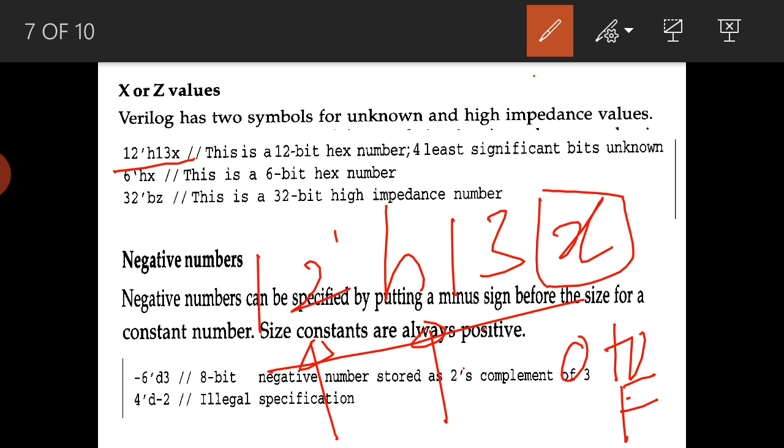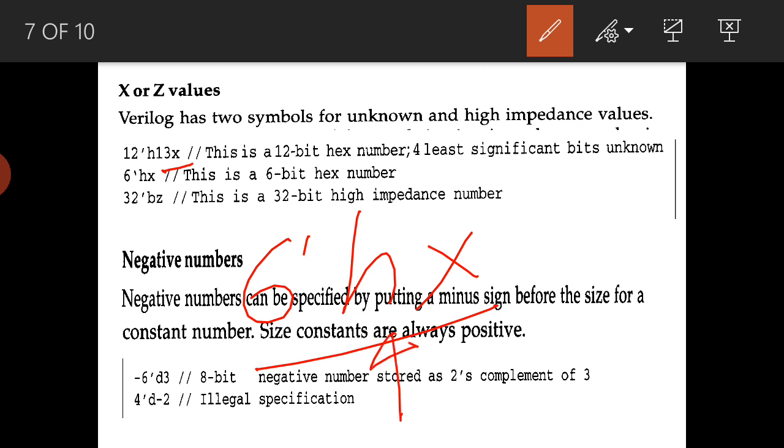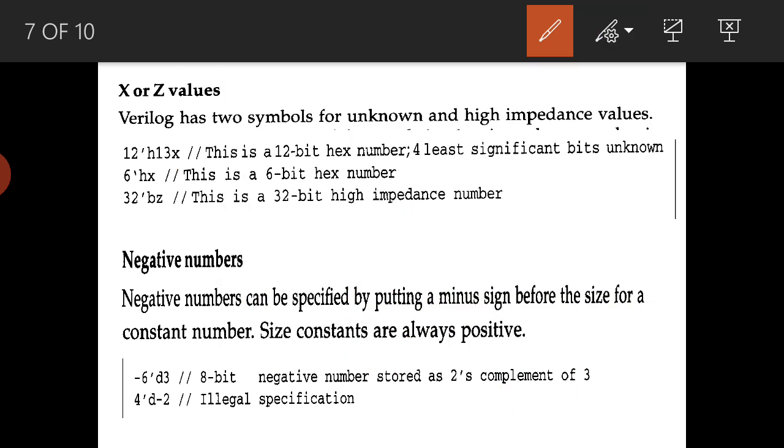This is how we can use unknown values. Similarly, 6'bx means all 6 bits in this number are x only; each can be 0 or 1, and we will not bother. If the application needs it, we can specify it like this.